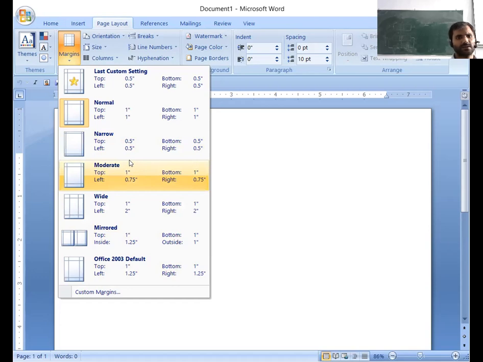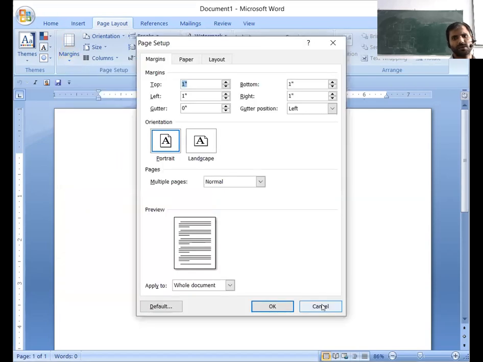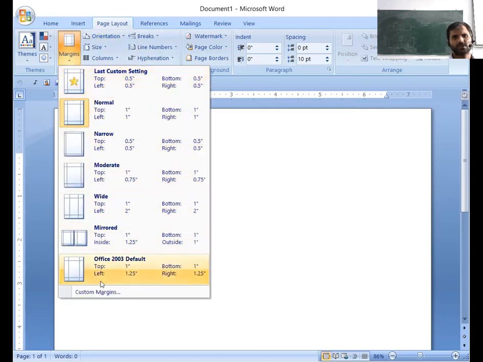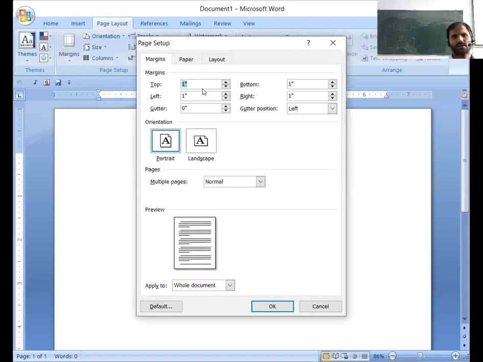If it is not needed, then we have to choose a custom margin where we will put our desired input value. So through that we can set up our page layout.